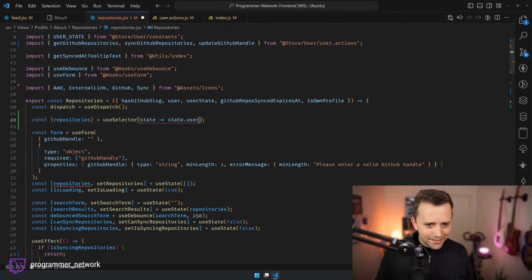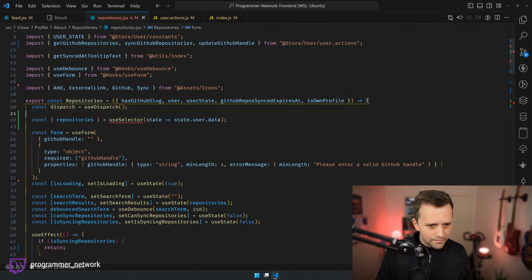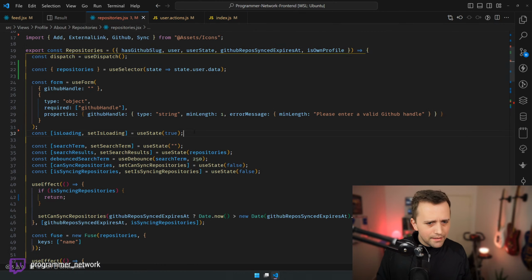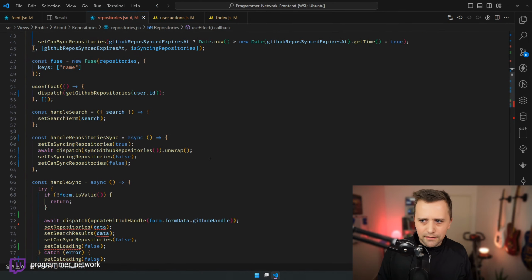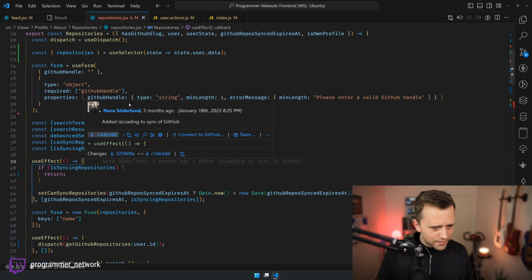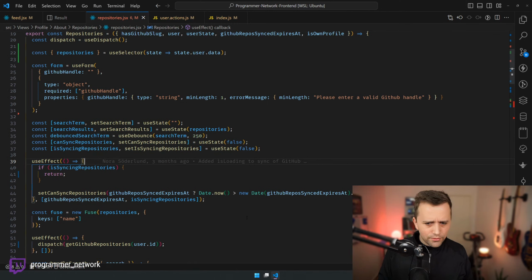And then state.user, I think data.repositories. Well, actually, it would be like this, right? Okay, so that's fine. Let's kind of get rid of this loading state, and we will explicitly call sync repositories.